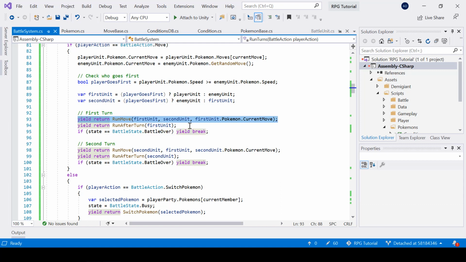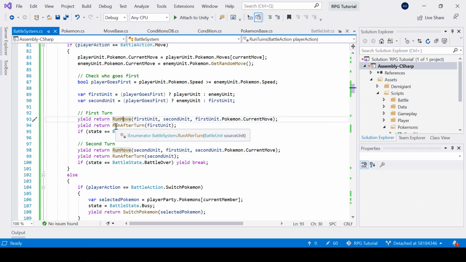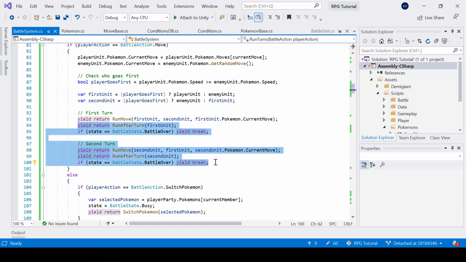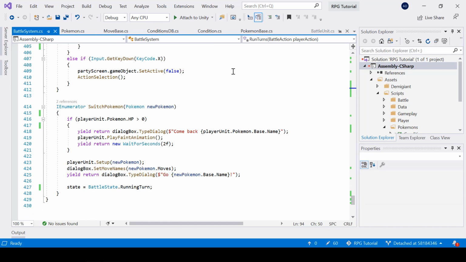So right now the battle state will be in the party screen state, and the player will be selecting a Pokemon from the party screen. But during that time, we will execute all the code below the run move function, right? So we need a way to pause the execution and only run all this once the player is done with switching the Pokemon, right? So once the player is done with switching the Pokemon, we'll set the state back to